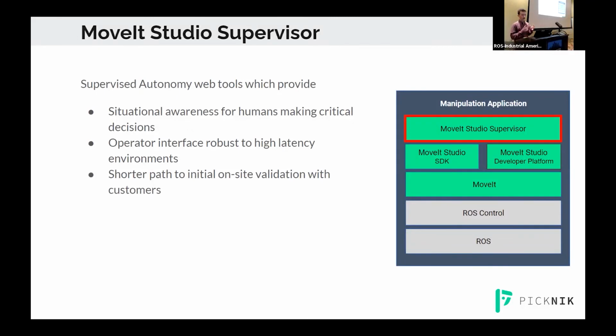So Studio Supervisor is a way to give the operator situational awareness as far as what's going on, use human guidance, and then monitor the execution as it goes on. And a nice benefit of this is that it also allows terrestrial clients to use the supervised autonomy framework to incrementally reduce the amount of intervention required there. So I've got a short example here